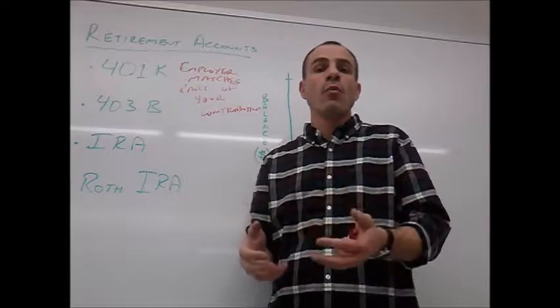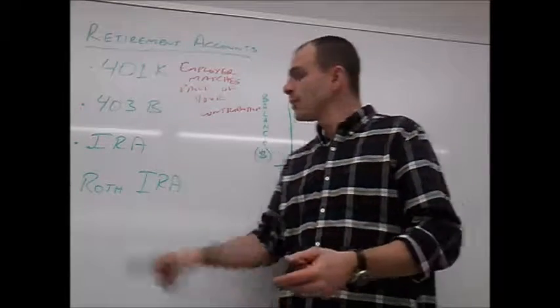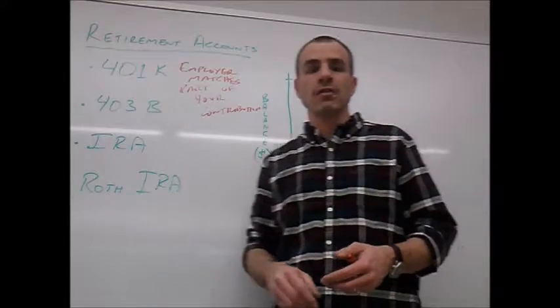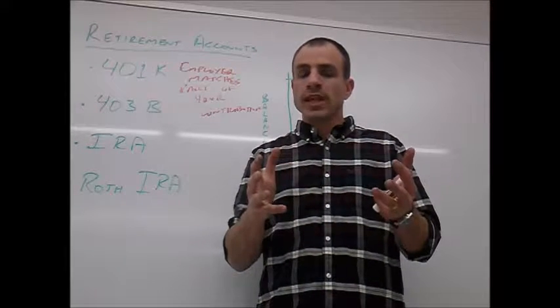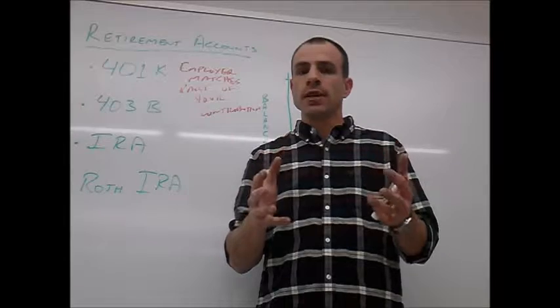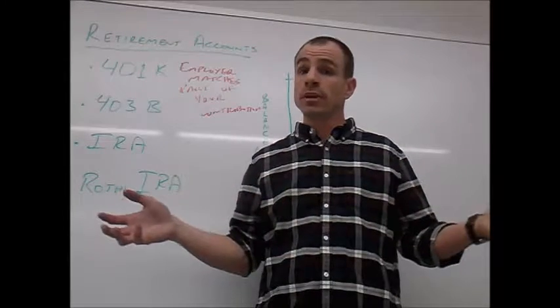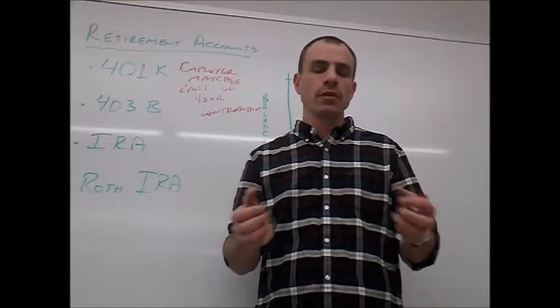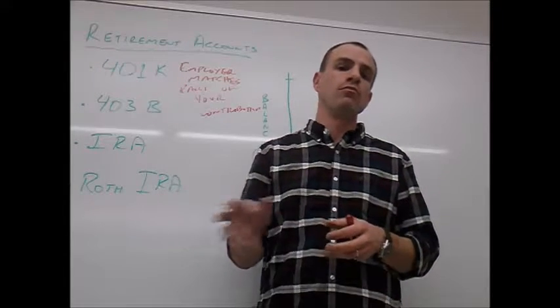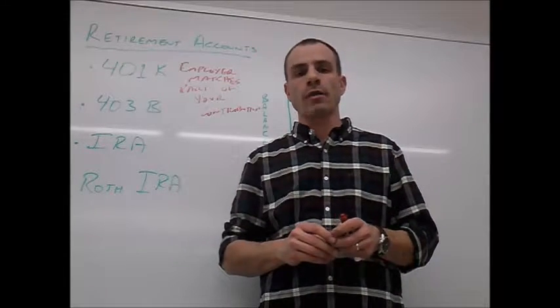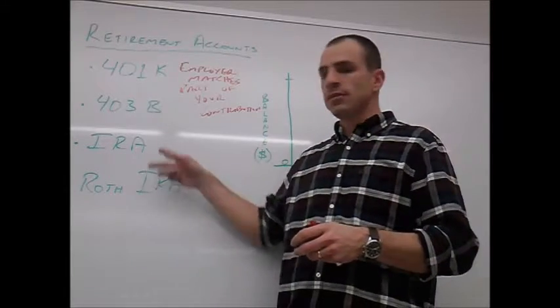Okay, well, what ends up happening with the Roth IRA, though, is at the very end of the savings, you will get all that money tax-free. So if you have $1 million in that account, that is $1 million tax-free. You don't pay any taxes when you remove the funds from your Roth IRA. That's the difference between these two.